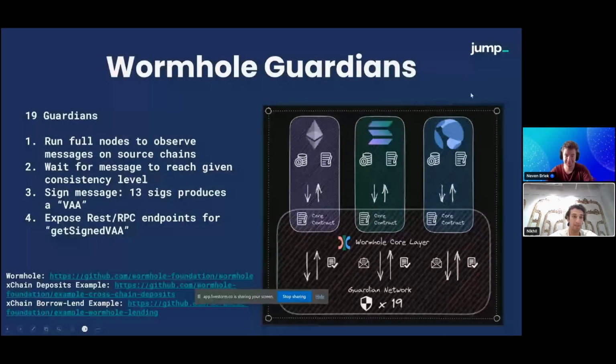So Wormhole is a multi-sig bridge. There are 19 Wormhole guardians, and what they do is they run full nodes for every single chain that Wormhole supports to observe messages that are emitted on those chains, and then they wait for the messages to reach a certain finality or consistency level. So for example, for ETH, they'll wait for finality, which is around 15 minutes. And then once a Wormhole message that they've observed has reached finality, they will sign that message. And when 13 out of 19 of the guardians have signed a message, we call that a VAA, which stands